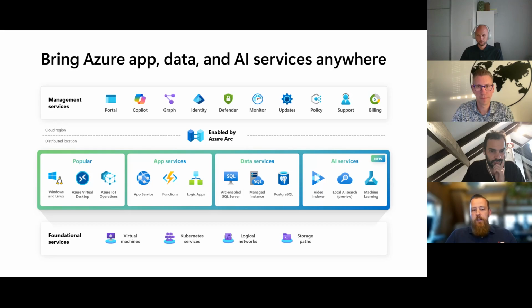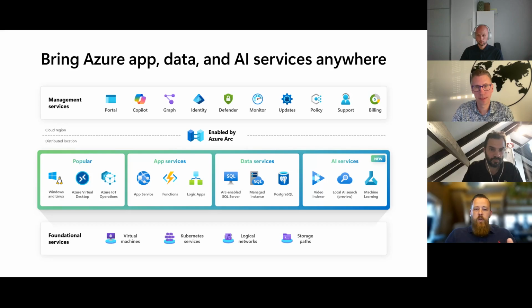Looking at, for example, Azure Arc enabled SQL Server, this will be delivered as a service on your Azure Local on-prem. So we as Microsoft will manage that environment for you. It comes as a container, so it lands on your AKS platform in Azure Local. We manage that container for you, and you get the benefits of a SaaS solution.